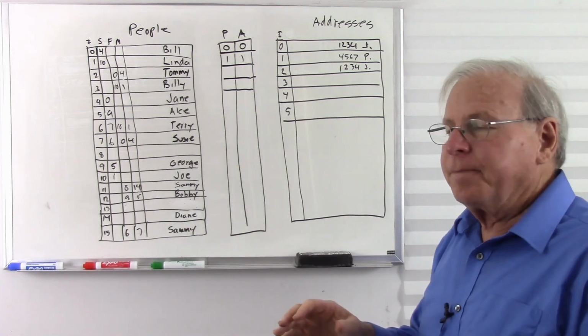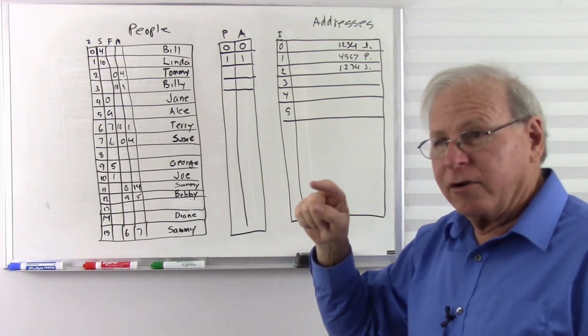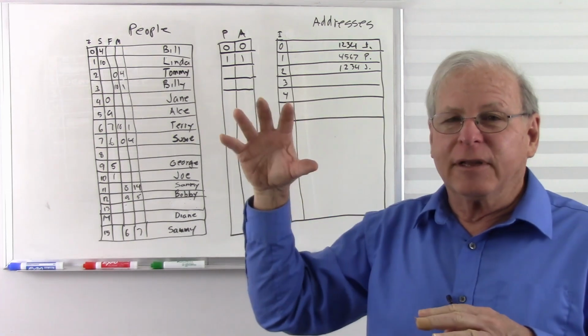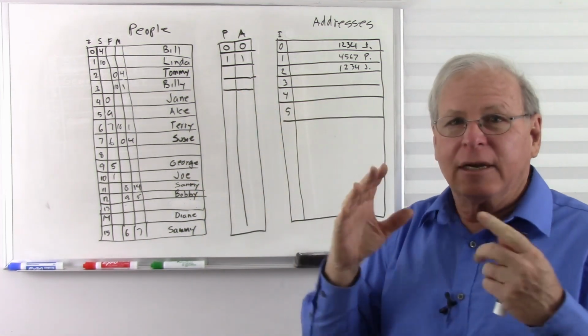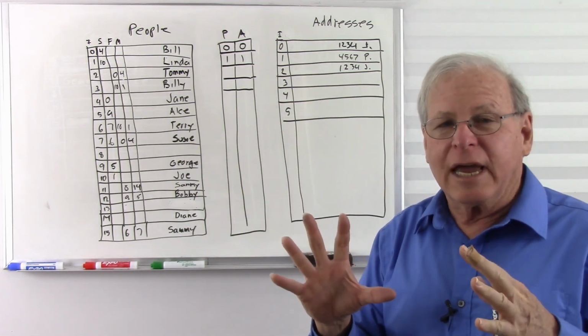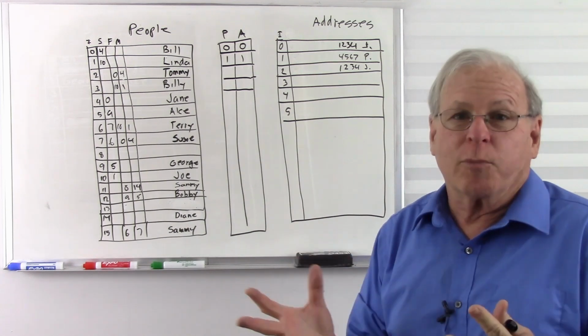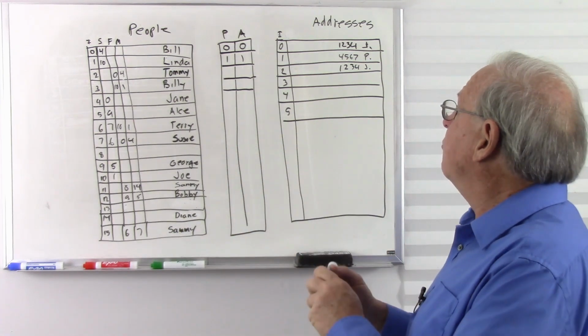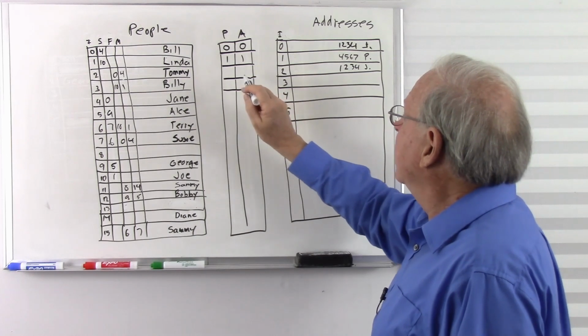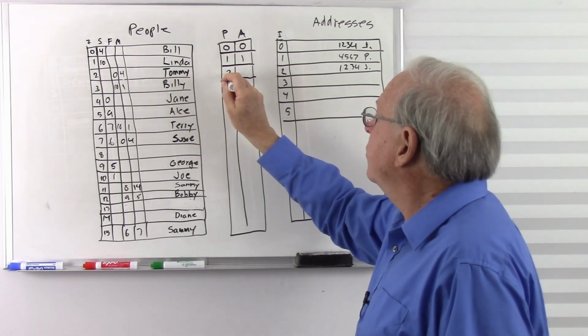So we type that in, or we just know it. We say, okay, we're typing in the data. We have this family. We're adding Tommy. And all the data is already known to go together. And so the computer figures out, because we programmed it to figure out they're at the same address. So Tommy, person number 2, goes with